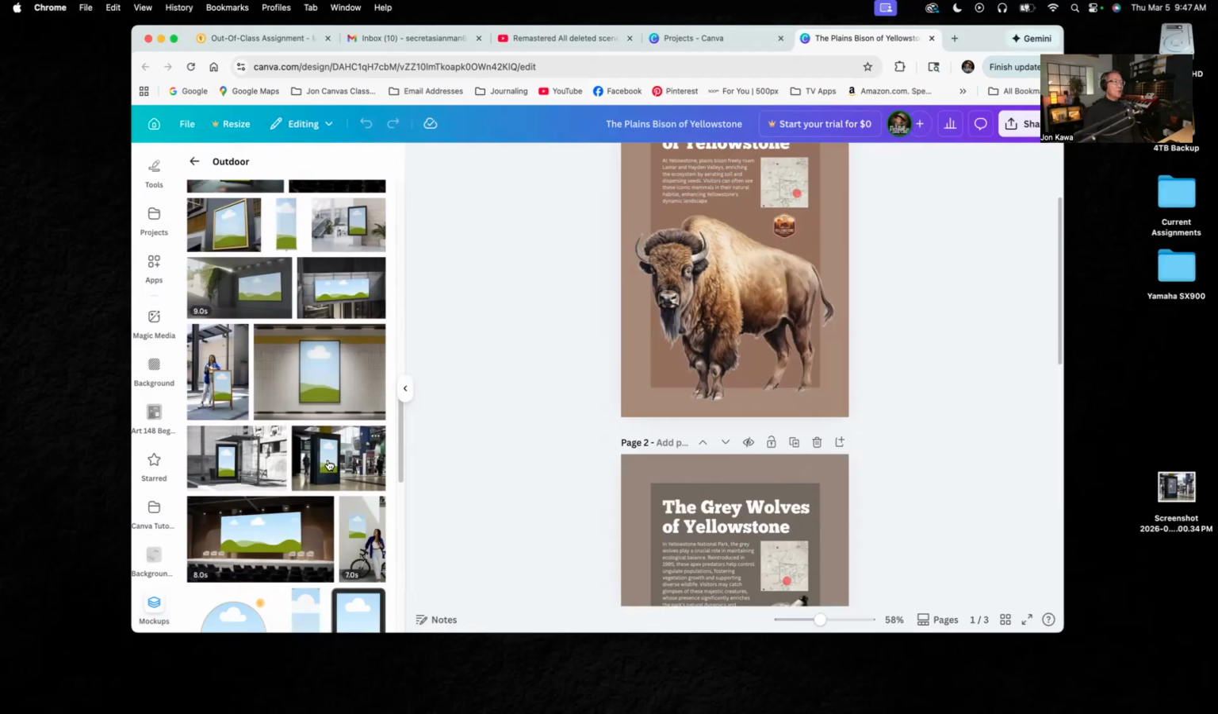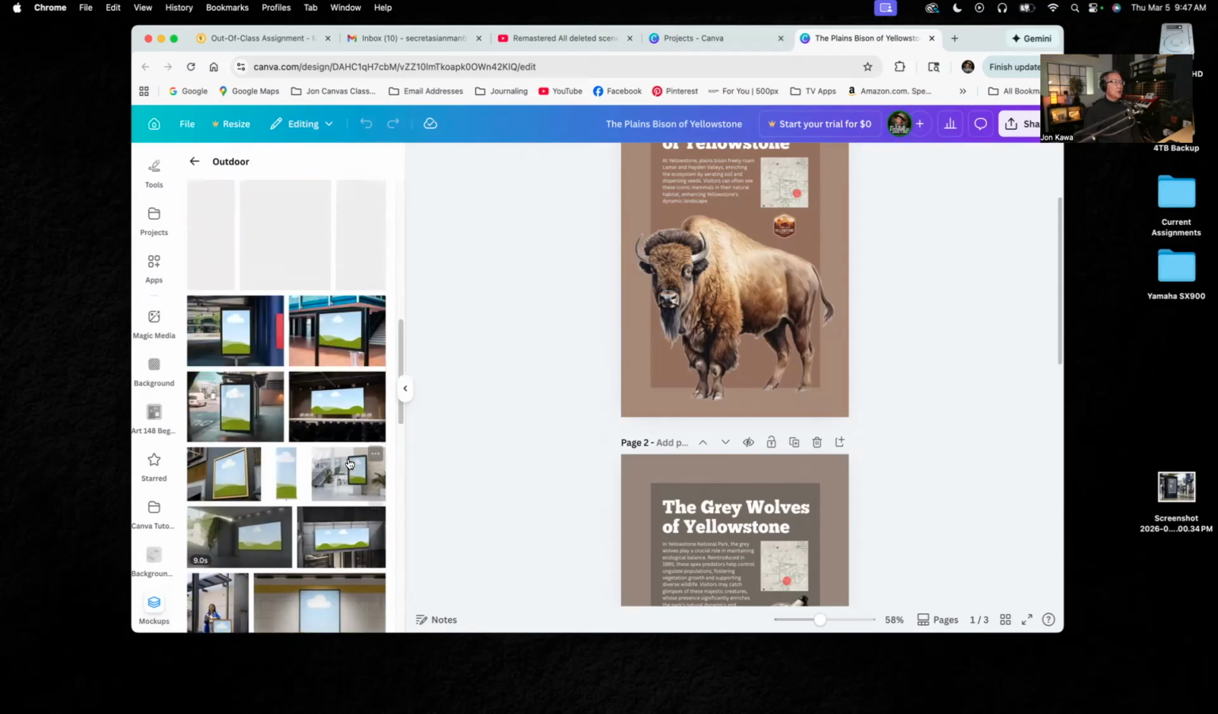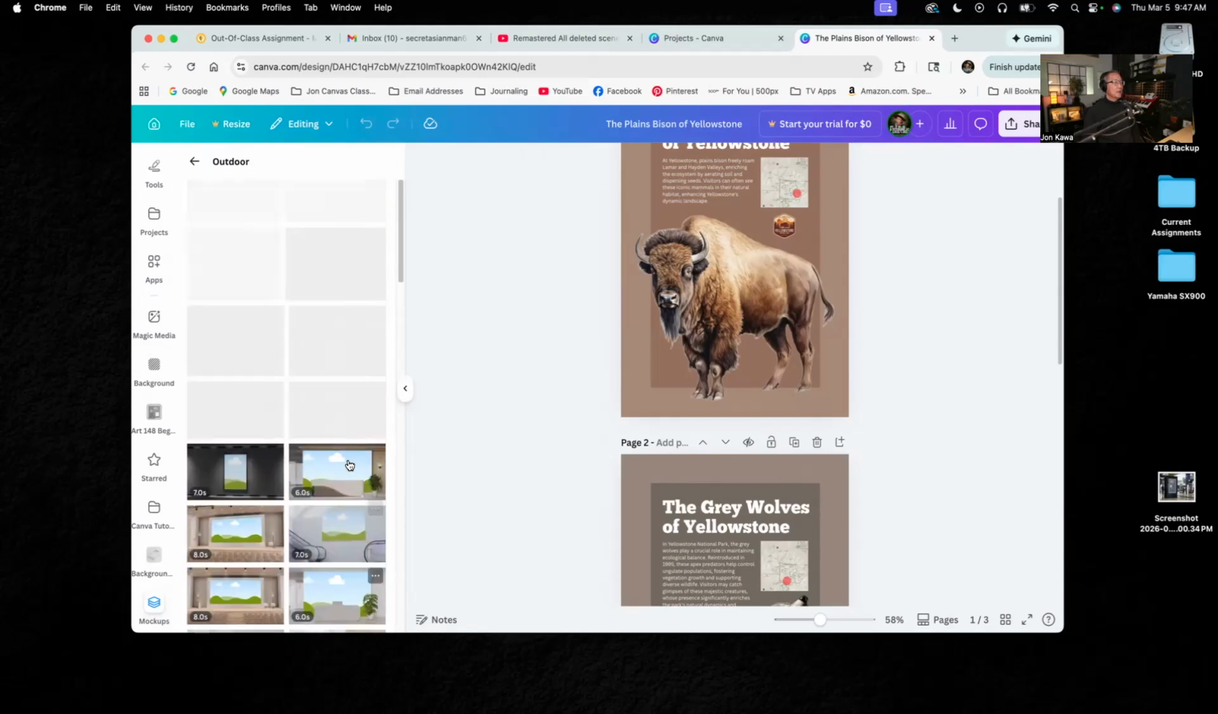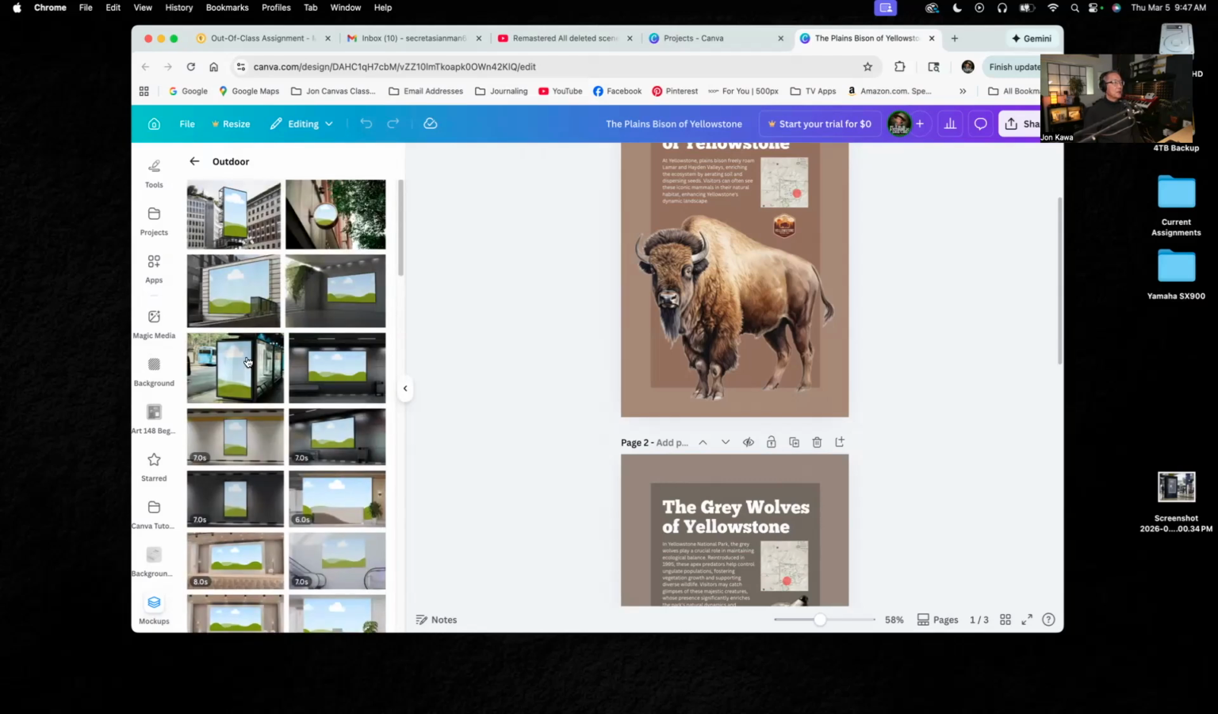So what we're going to do is choose one of these mockups. And let me just go back to this kind of bus shelter one here. And I'm going to open up a new page for this mockup. So I'm going to create a new file, and I'm going to bring this mockup into that file. Now, notice how the mockup is kind of landscape. All of these mockups are landscape in